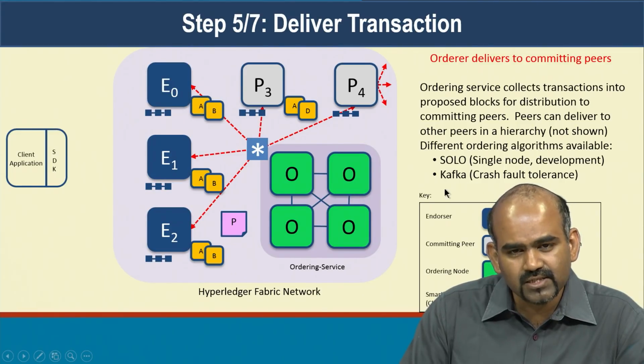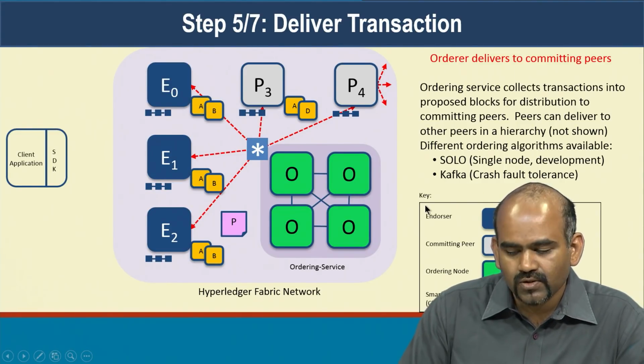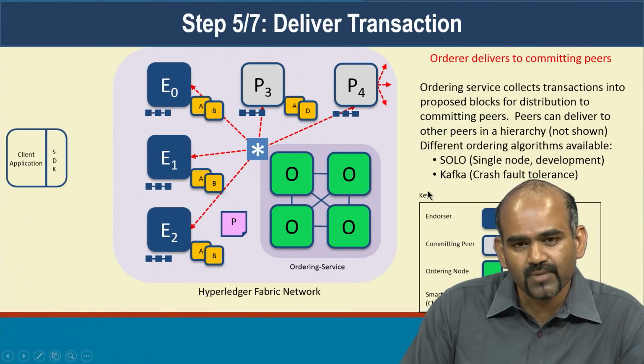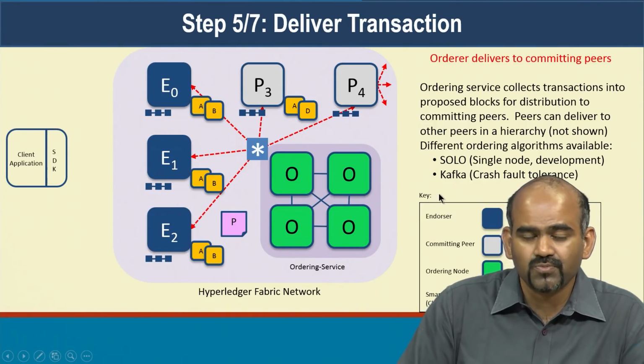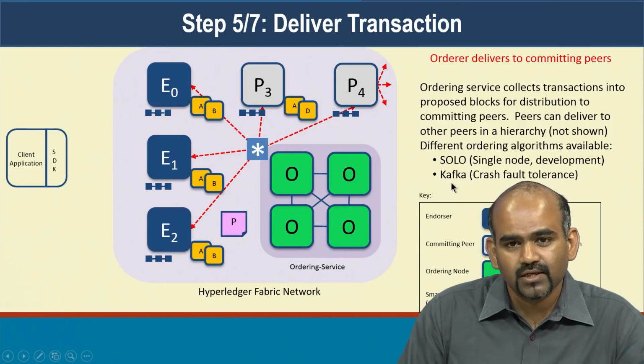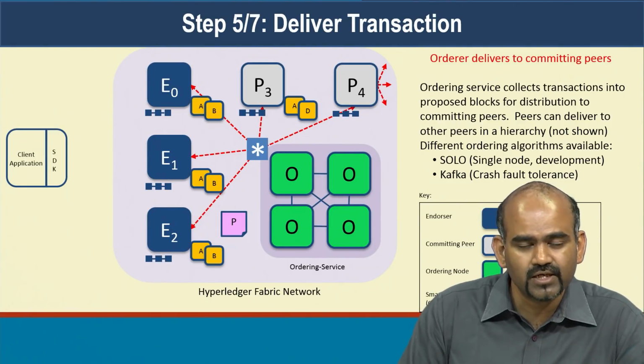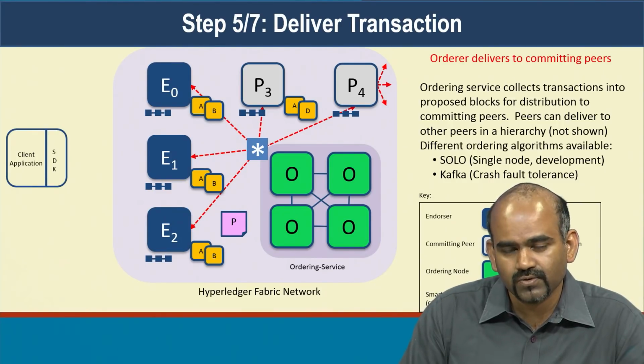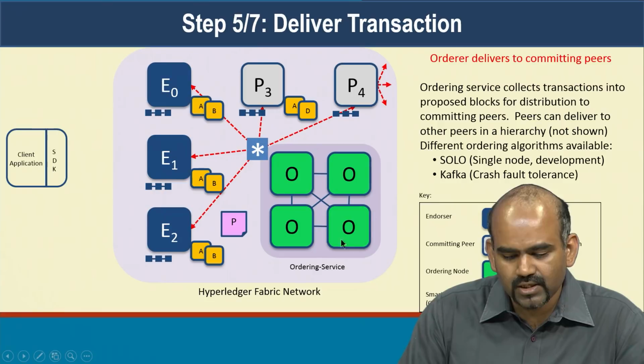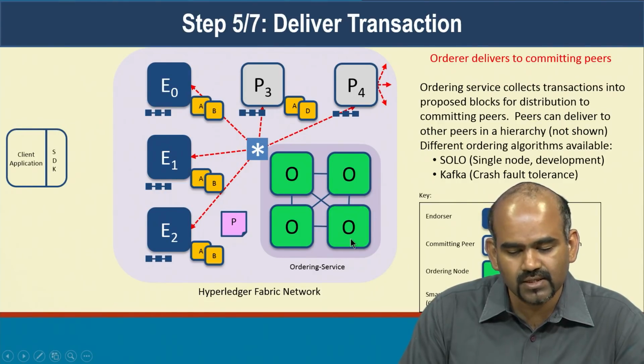And here, like I mentioned, it's a pluggable ordering service. So we are working towards a Byzantine fault tolerant algorithm as well. It might come in the future. And this is, as I said, Hyperledger Fabric is a community owned project. So anyone in the community, even yourselves, you can write your own consensus algorithm, implement it, and contribute it back to the community. So that's the ordering service and how it reaches consensus.